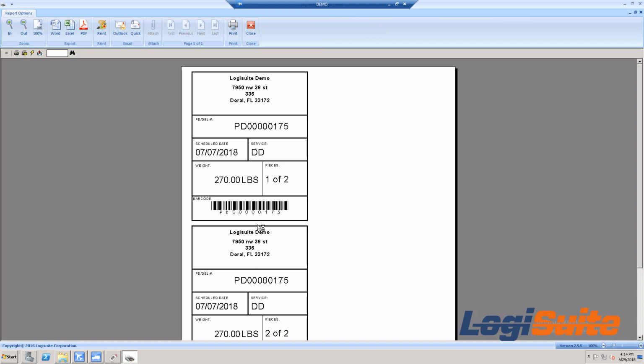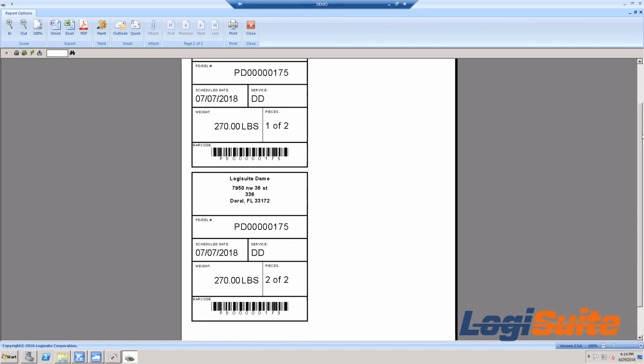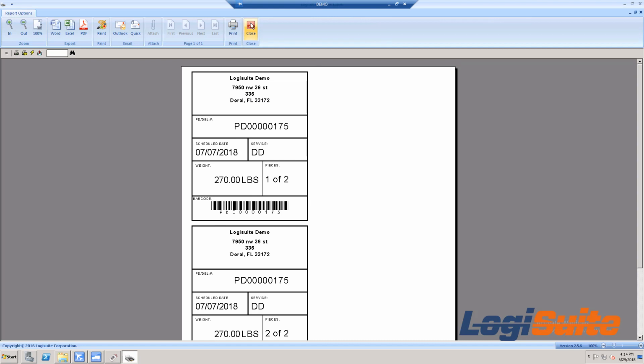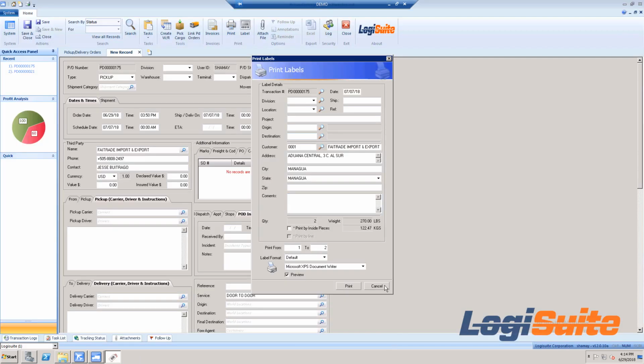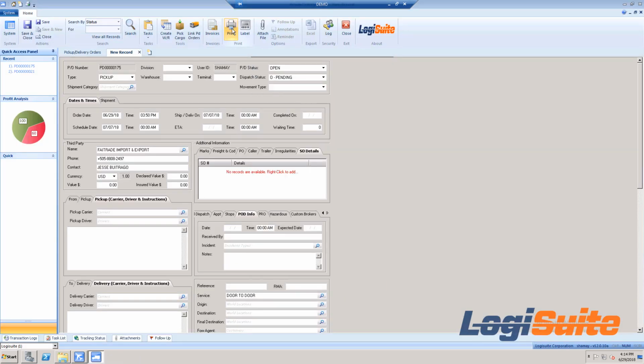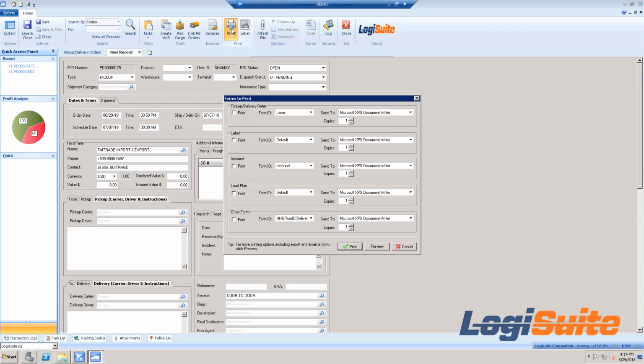And there you have it. You've got one for each item with the information we've entered. Now we'll go ahead and click on the print icon to look at the documentation that's available for us to print. So in the pickup and delivery section,